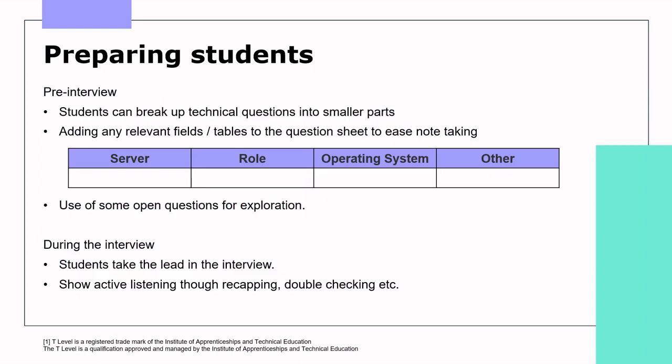During the assessment, there are a few tips you can give to students to help them to make the most of their time and, hopefully, improve their outcomes as well. So during the 1 hour interview prep time, students should consider maybe breaking up their technical questions into smaller parts. So for example, instead of phrasing a question like this, "Tell me about your servers and their operating system,"